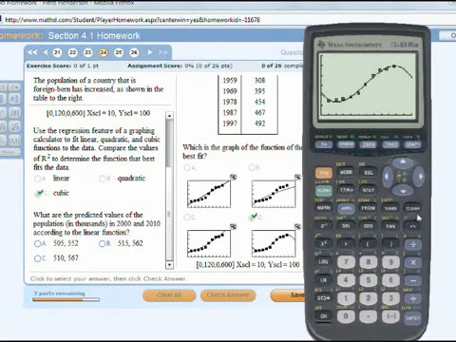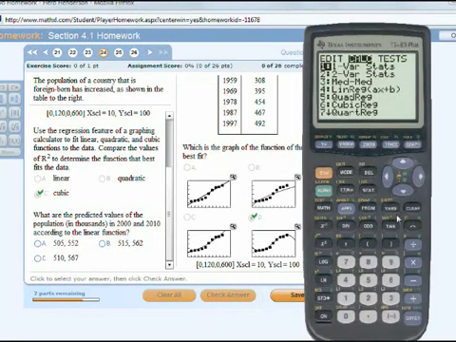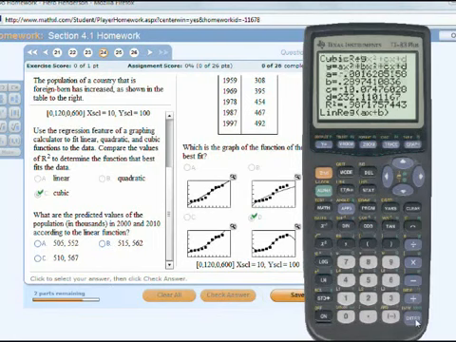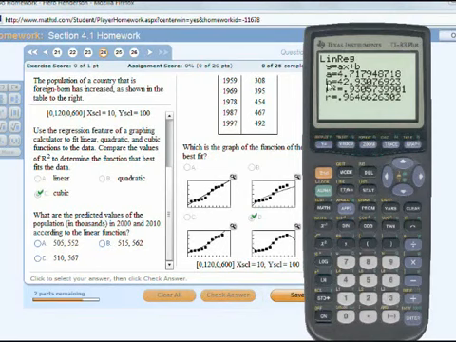So once again, let's go to Stat, and we're going to go to Calc, and we're going to go to LinReg, enter, enter, and there is our y equals ax plus b, b equals 42.93. So what you're going to need to do, and I don't have a whole lot of room here,